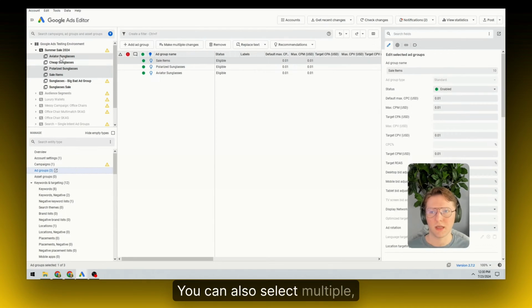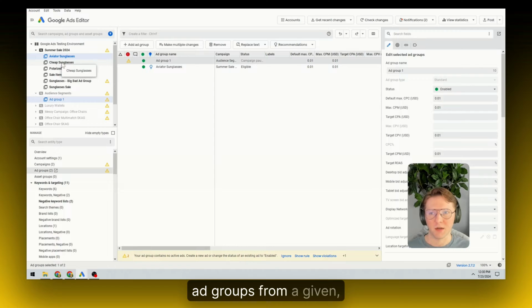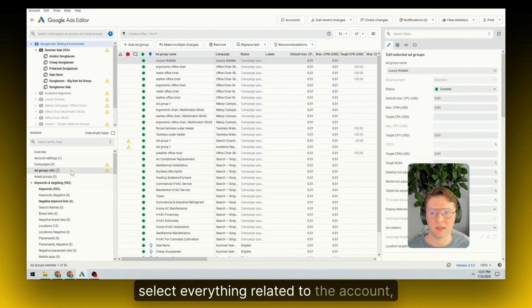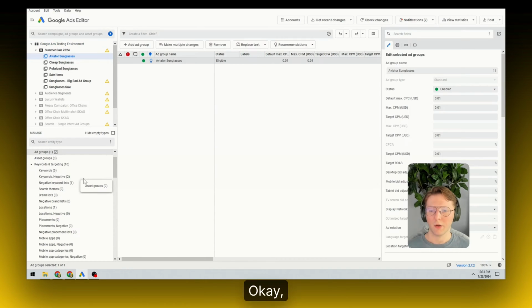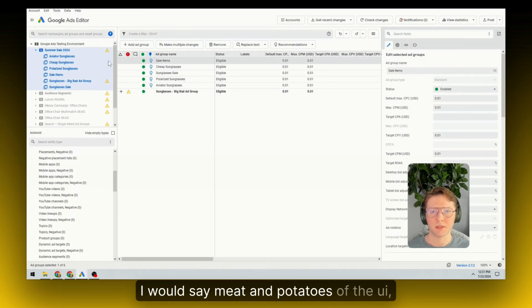You can also select multiple, just for the sake of argument. You could select multiple ad groups from a given couple of campaigns, or you could select everything related to the account. Okay, so next up we have the, I would say, meat and potatoes of the UI,